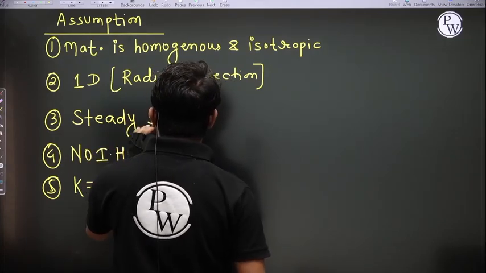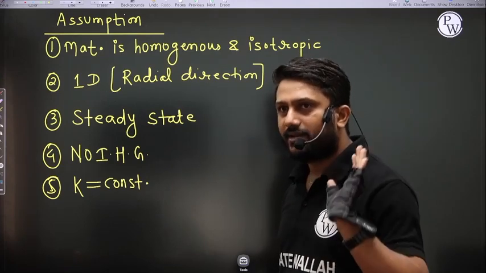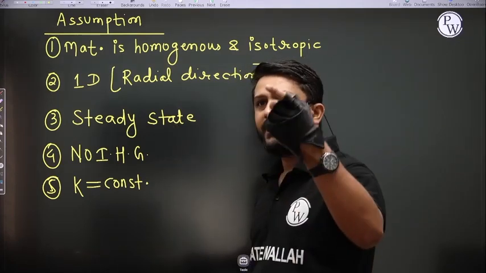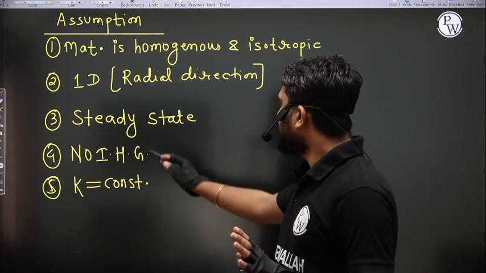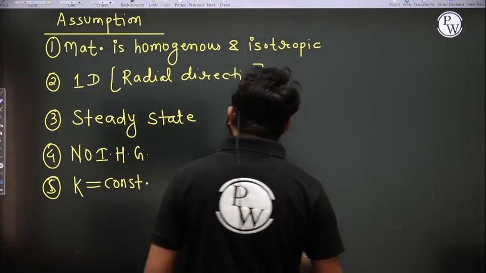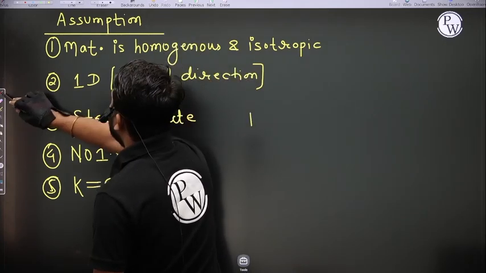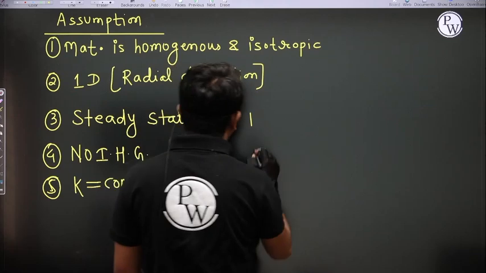One dimensional, that is only radial direction. That means the circumferential direction and the axial direction terms vanish. Steady state, that means del T by del tau vanishes. No internal heat generation, that means the Q dot G term is not there. So ultimately, the general heat conduction equation is reduced to a simple form, and that is 1 by R